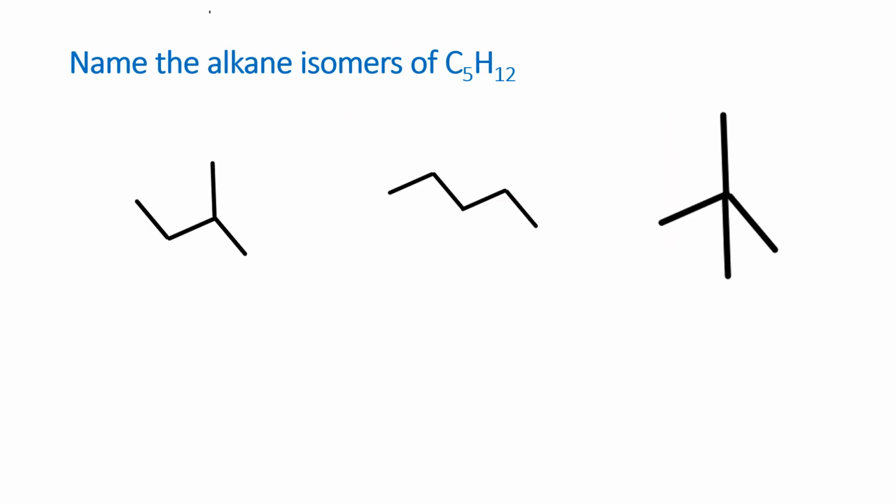So name these alkane isomers of C5H12. Pause the video, come up with the names, check your answers when you're ready. So the first one, 2-methyl butane. Middle one, pentane. No complication there. And the left to right, the third on the right,